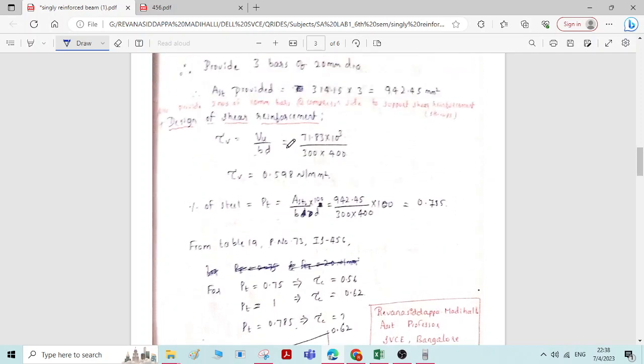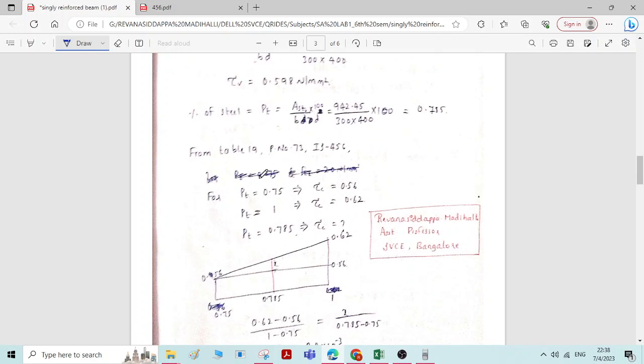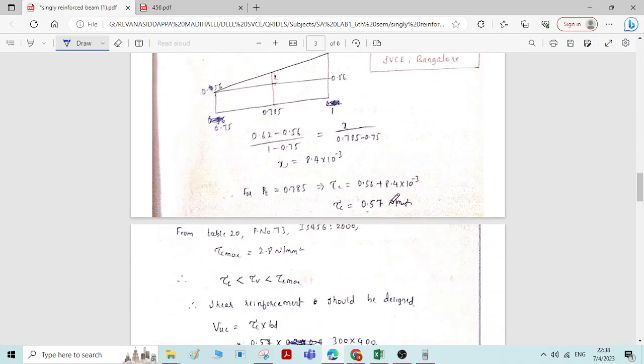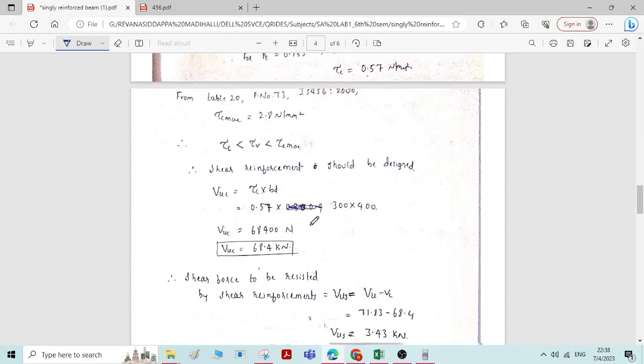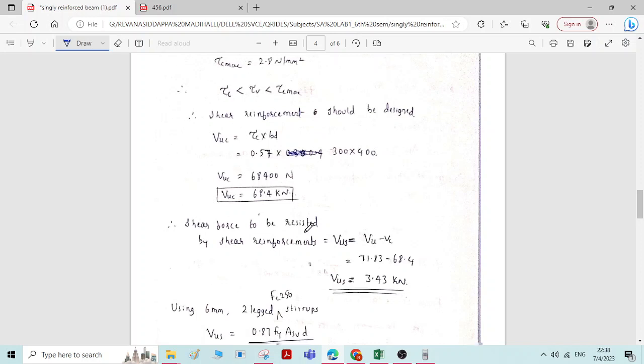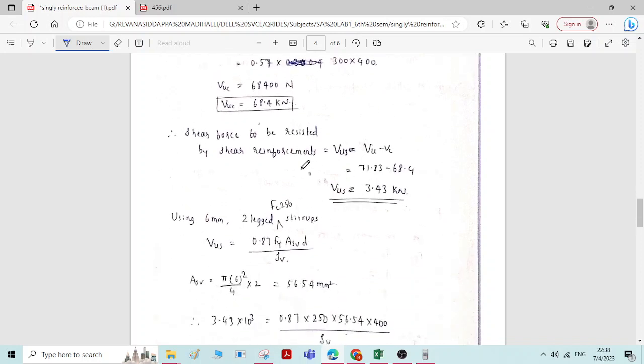Okay, shear stress was calculated, percentage of steel was calculated. From that table, this you need to do the manual calculation. After getting this 0.57, you need to take the same value in the Excel sheet. Then shear reinforcement should be designed for how much, that is